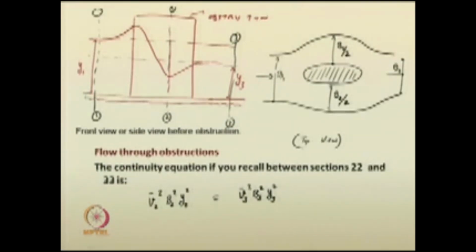I am extremely sorry about that, so please note that. And the rectangular channel width at the downstream is B3. So, you have V2 B2 y2 equal to V3 B3 y3 due to the steady state conditions. You can use the continuity equation as given here. Say I write it as equation 1. Now, apply the Froude number